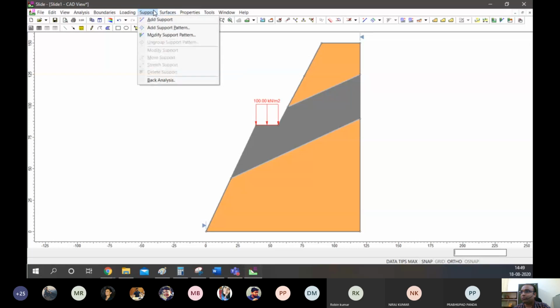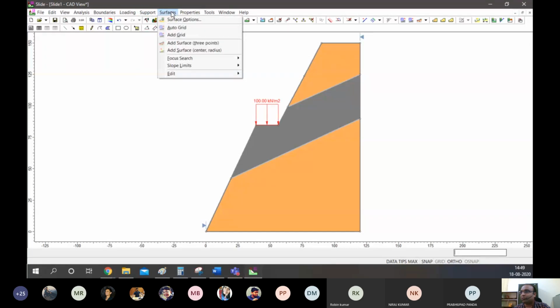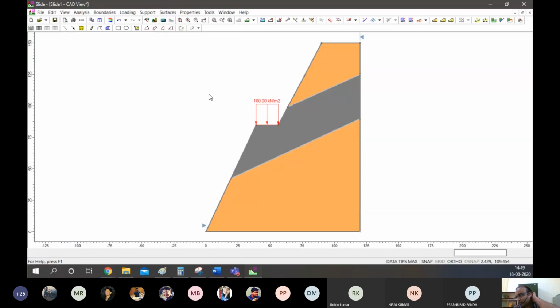We will be moving on to surfaces. Now we want to create a grid. As yesterday we were discussing, we have to find out which slip circles give us the worst factor of safety.